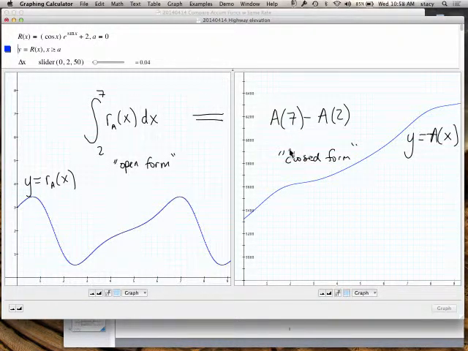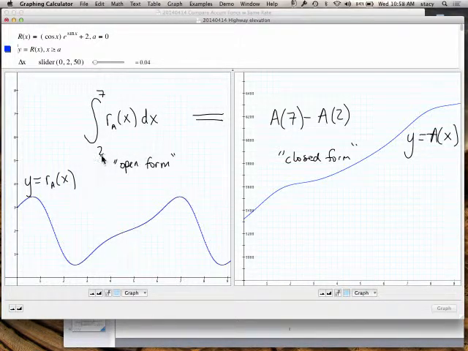So they're equal. Both of these are representing the same quantity. Both of these expressions represent the change in elevation as you move from 2 miles to 7 miles away from the coastline. So that's for specific numbers. If I wanted to talk about functions rather than exact values,